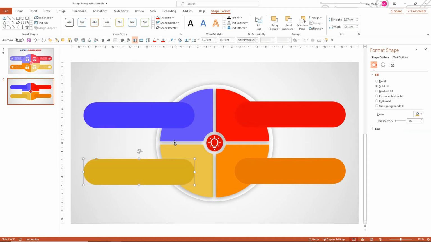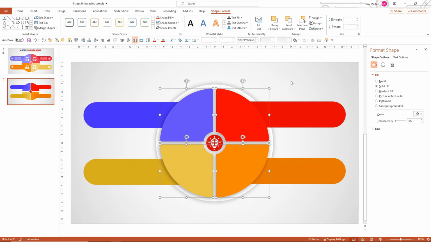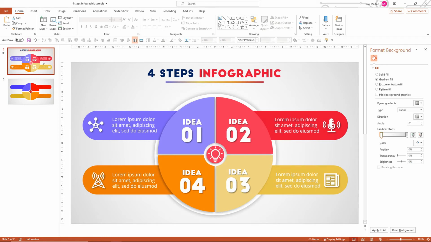If you have finished all the content parts, let's select these 4 shapes and then right click and then choose bring to front. Now we have all the shapes that we needed. We are going to go with the content. To save the time, I'm going to use my previous slides. I will go and take all the content from this slide.